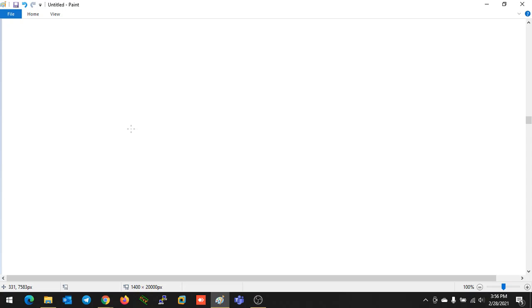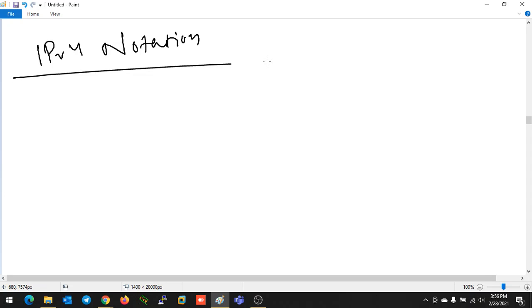So like this, for IP also we have some identification way of how we can use the IP address, or how we can exactly write the IP address. That is known as notation, IP notation. So if I am going to discuss the IPv4 notation, then two kinds of notation are there. First one is binary notation.